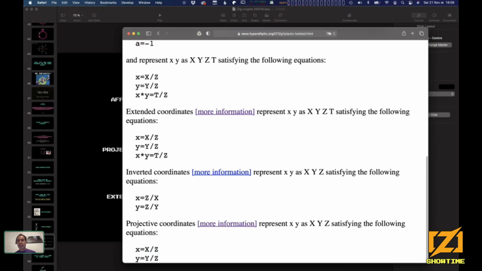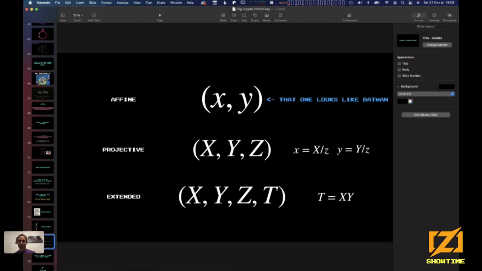And it turns out that it could also be quite efficient to keep the product of x and y around. If you have this in your set of coordinates, computations can be faster. So we have different ways to represent a point. Affine coordinates, just x and y. Projective coordinates, like fractions. Extended coordinates, which is the same thing, except we have a t in addition to that, which is just a product of big X and big Y.